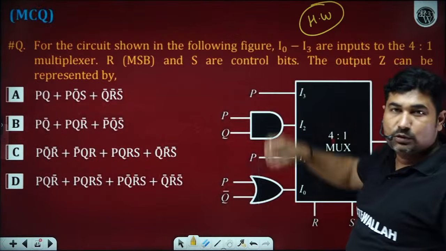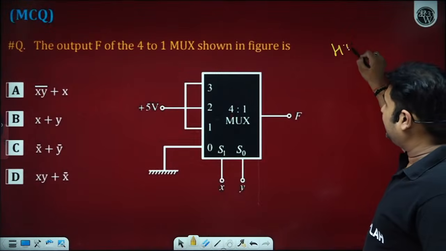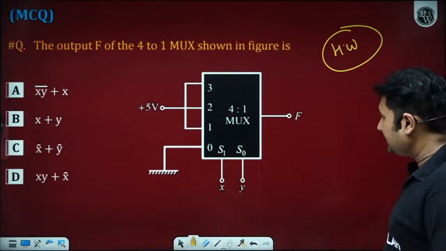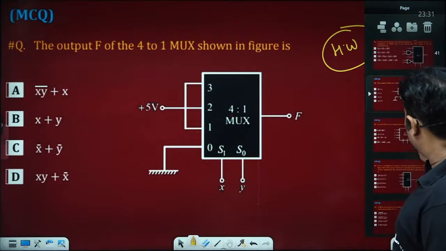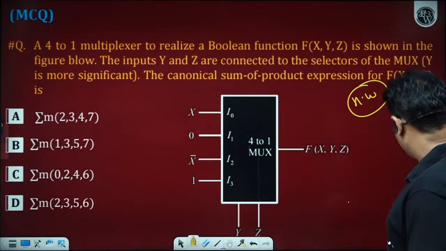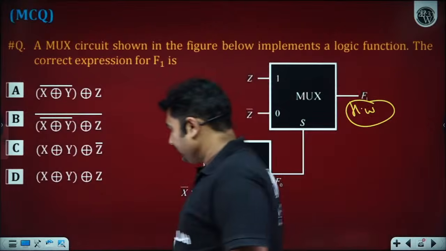So I am giving some more questions to you as homework because this is a very important topic, especially in gate. Logic level 5 means logic 1 and ground, it is representing ground. Is it okay? So you can easily do these questions. I am giving some of the questions to you as homework and hoping all of you can easily solve these questions. Is it okay?